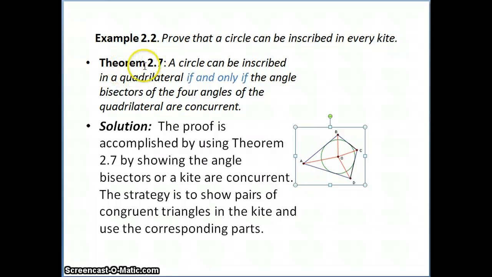By the last theorem we just proved, theorem 2.7, when can a circle be inscribed in a quadrilateral? If the angle bisectors of the 4 angles are concurrent. So clearly we have proved something in previous sections. We know if this is a kite and we draw the diagonals AC and BD,